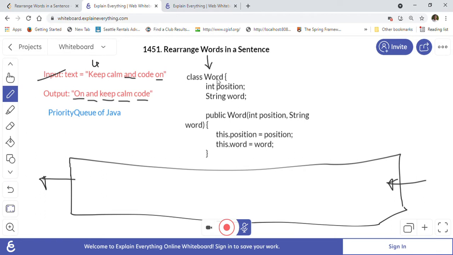So whenever we sort the words by their length in the comparator, and then if their length is same, then we will use this position that we have here, because position will define their original position in the input text.